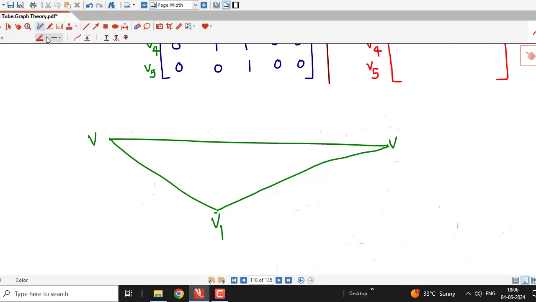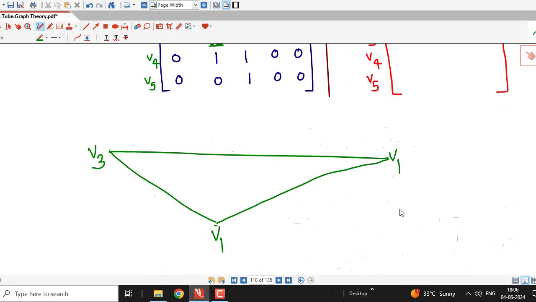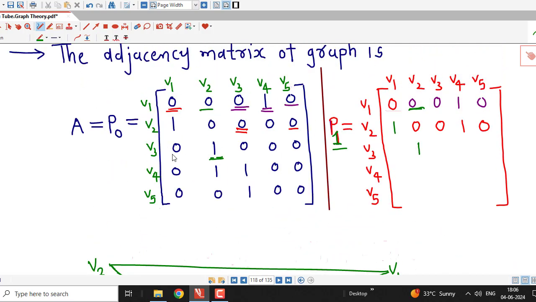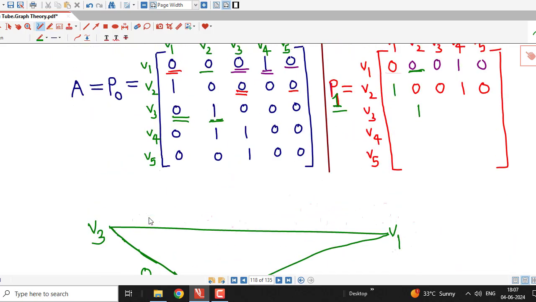Now I will write corresponding to V3. So here I am writing V3, and here I will see whether I have any 1 or not. So there is 1 here, so I will write directly here, and I have to check for V3 to V1. Before that I will write down this entry. This is fixed unless I complete entries from V3 to V1, V3 to V2 up to V3 to V5. So first I will write the entry corresponding to V3 to V1, that is 0 here, and now I will change this from V1 to V5.